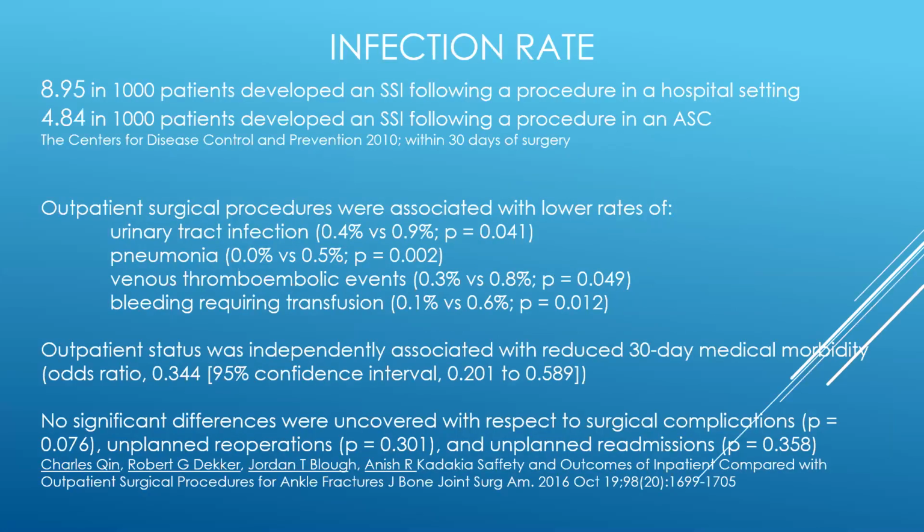So, infection rate. These are for outpatient surgery. 8.95 of every 1,000 patients developed a surgical site infection, SSI, following a procedure in a hospital outpatient setting. The same number for an outpatient ambulatory surgical facility was 4.84 per 1,000. That's about half. Outpatient surgical procedures were associated with lower rates of urinary tract infection, pneumonia, venous thromboembolic events, and